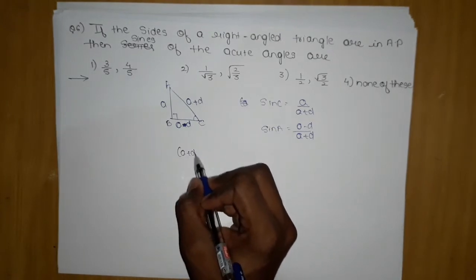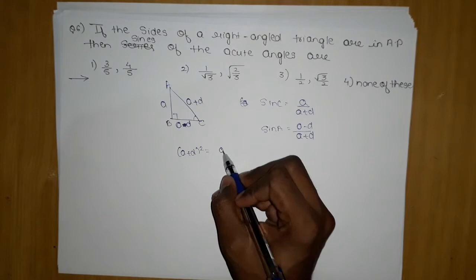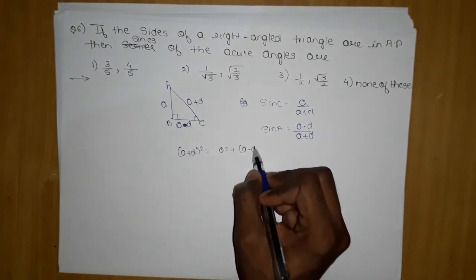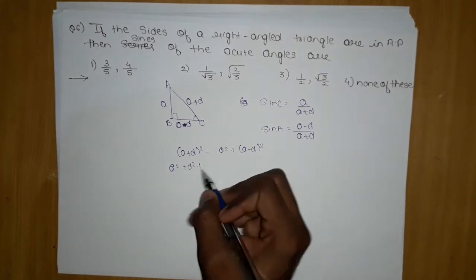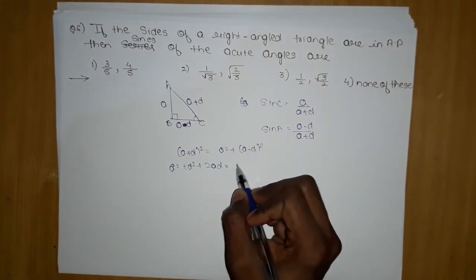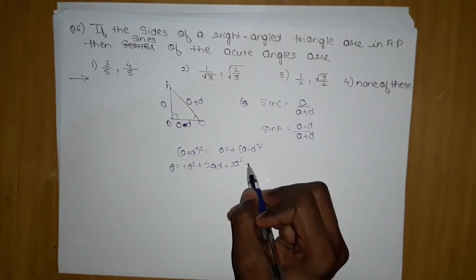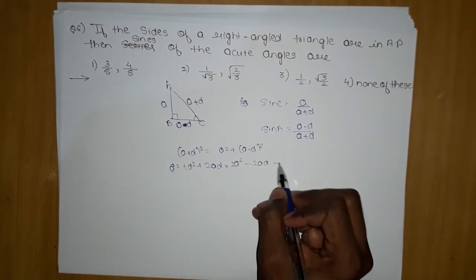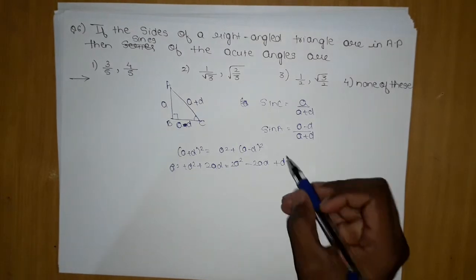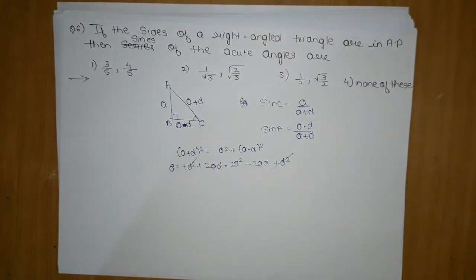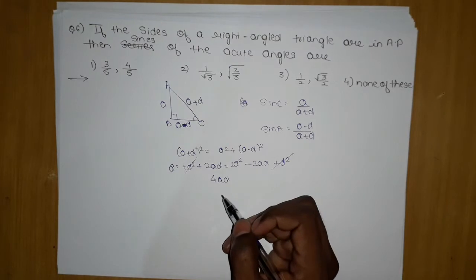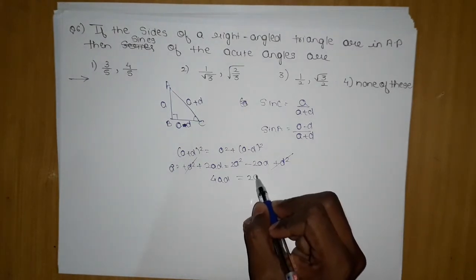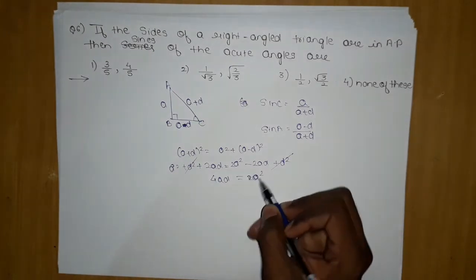Hypotenuse square, that is (A + D) square, is nothing but A square plus (A - D) the whole square, right? So which gives you A square plus D square plus 2AD, which is further on 2A square minus 2AD plus D square. Okay, so it is very obvious this will cancel out, and this one A square will cancel out, and they will add up to 4AD, which is nothing but A square. So you got this thing.